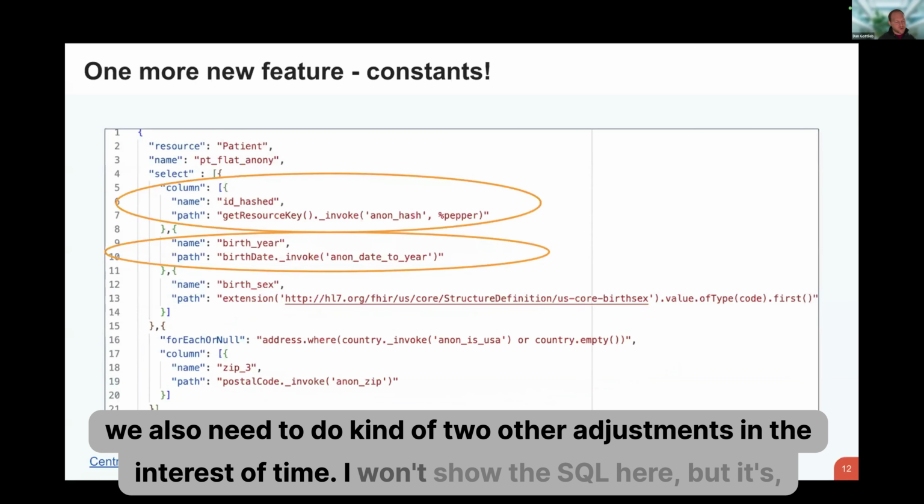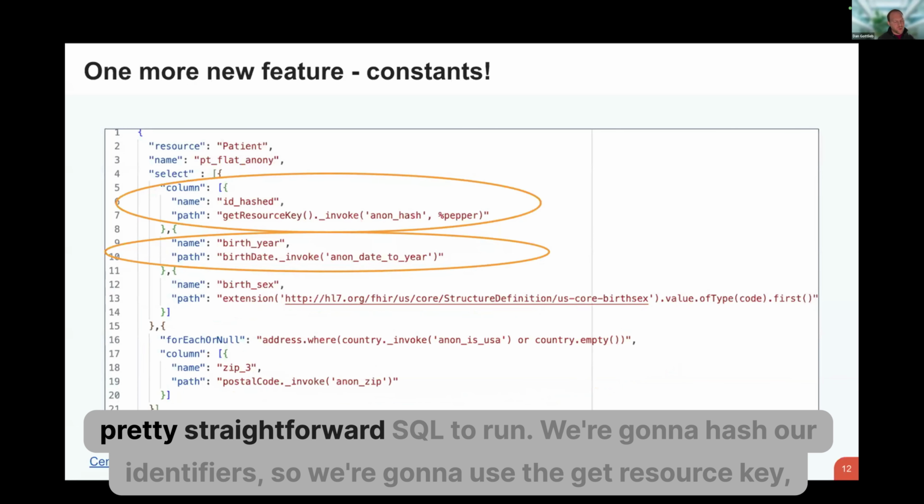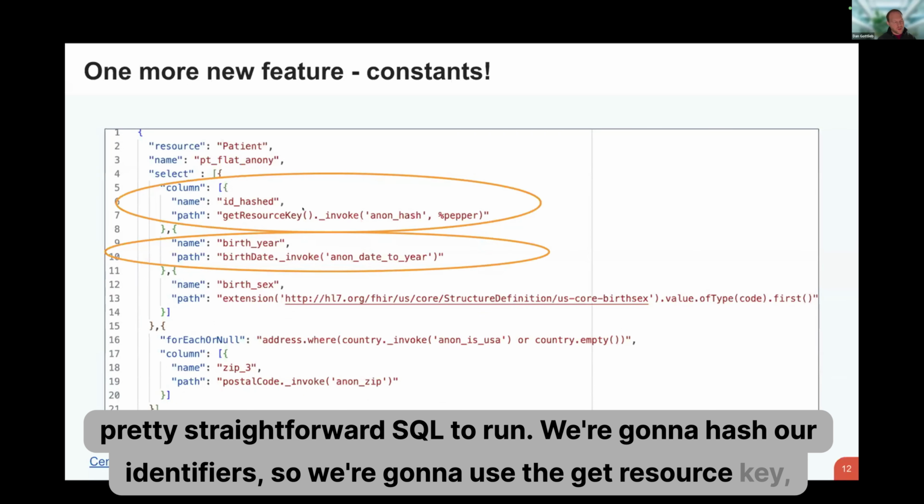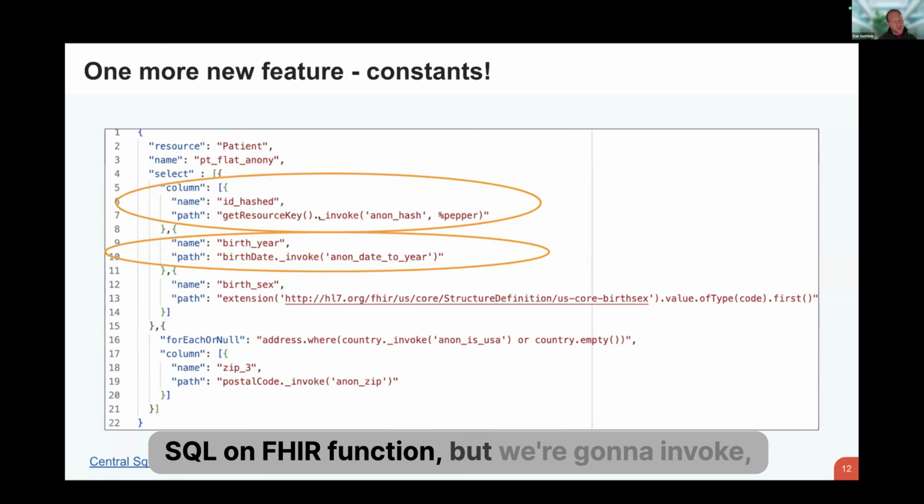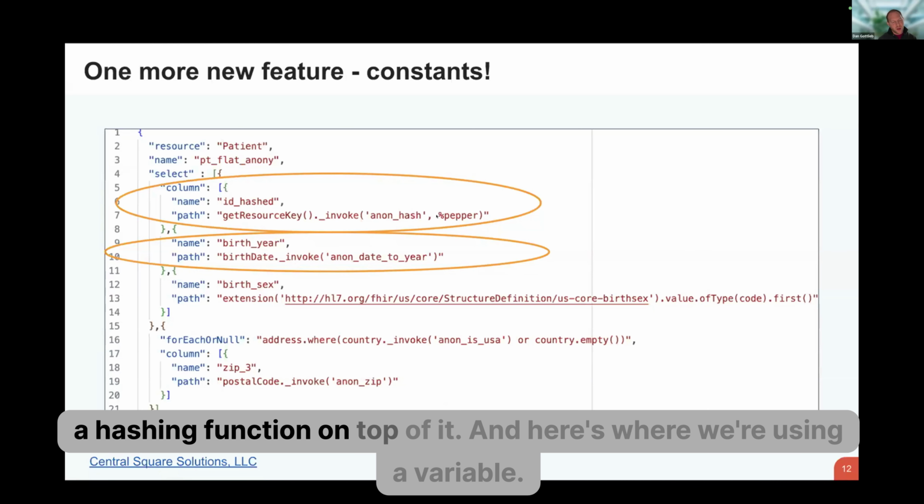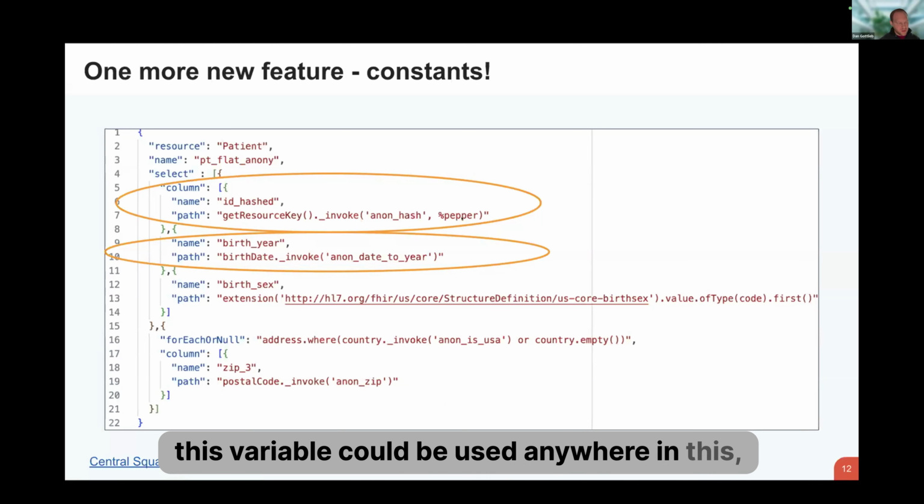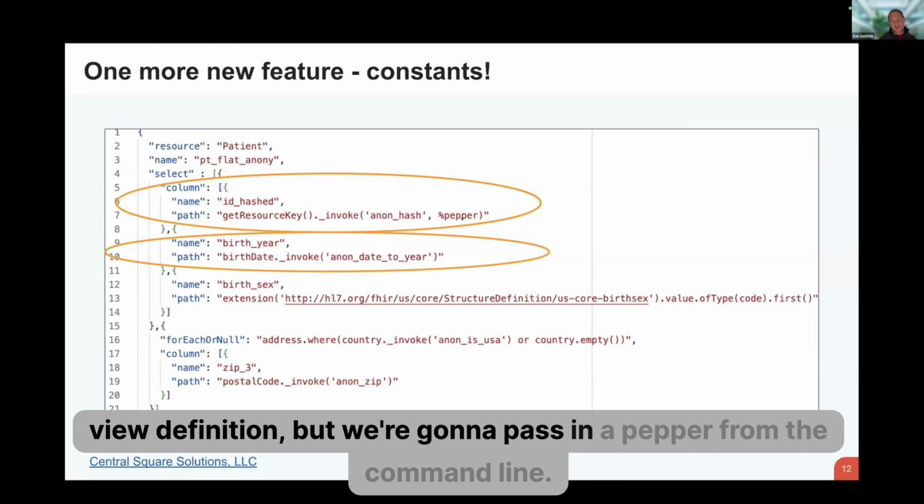In the interest of time, I won't show the SQL here, but it's pretty straightforward SQL to run. We're going to hash our identifiers. So we're going to use the get resource key SQL-on-FHIR function, but we're going to invoke a hashing function on top of it. And here's where we're using a variable. This variable could be used anywhere in this view definition, but we're going to pass in a pepper from the